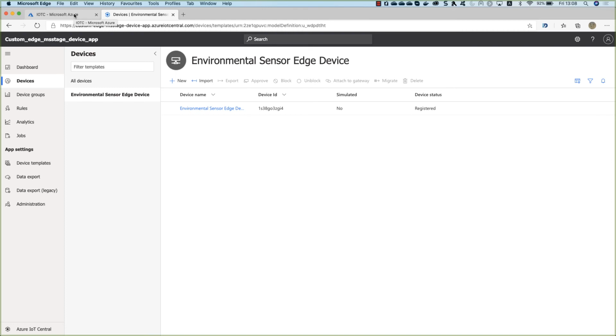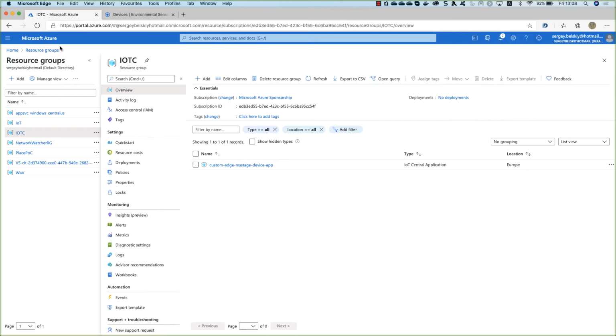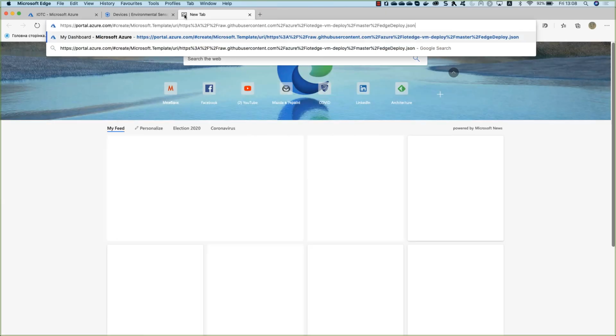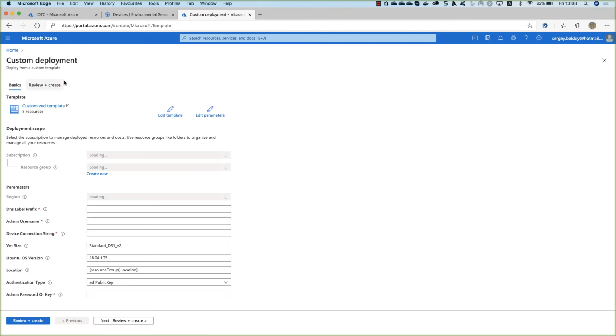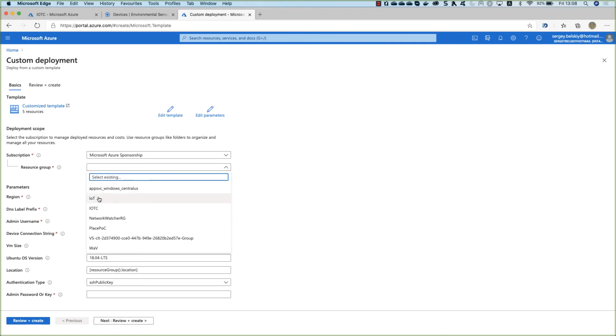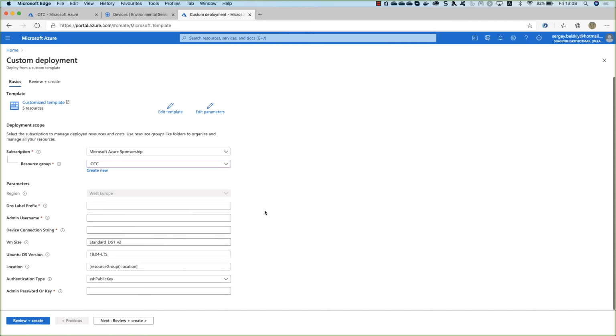So what we need to do next, we need to create our real physical IoT Edge device that we will run, and we will use this IoT Edge for our models. So let's go to the Azure portal, and we need to run our prepared ARM template. Just a second. So we have an existing ARM template to create our new virtual machine, and we need to just select the resource group where we will host our